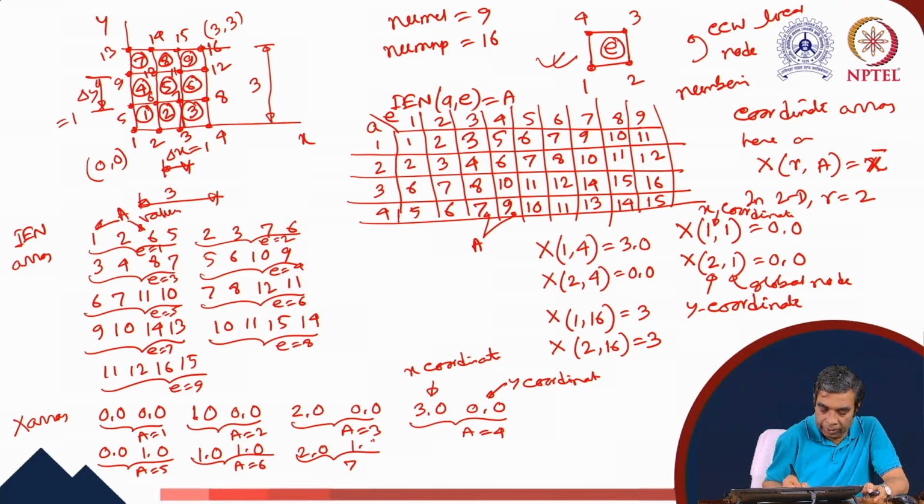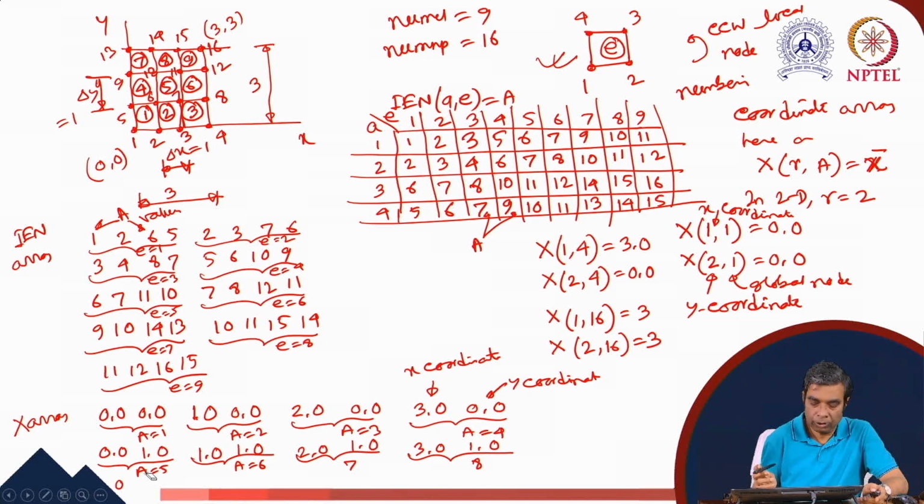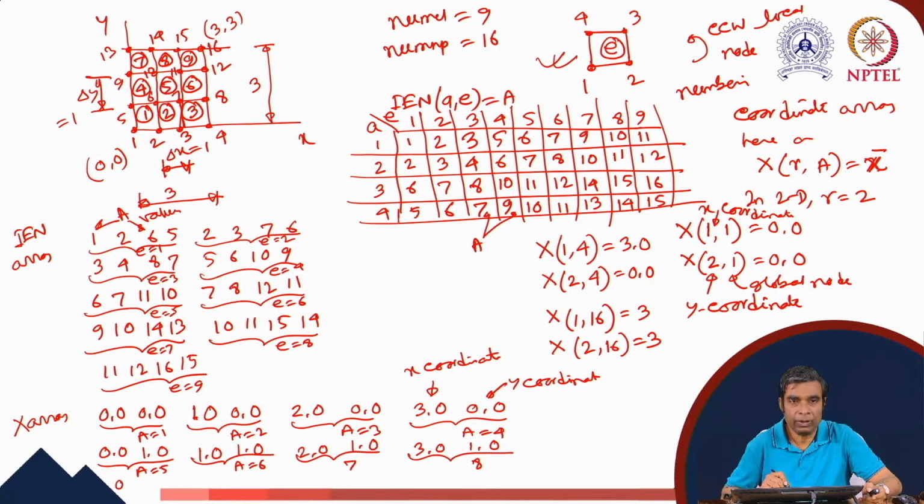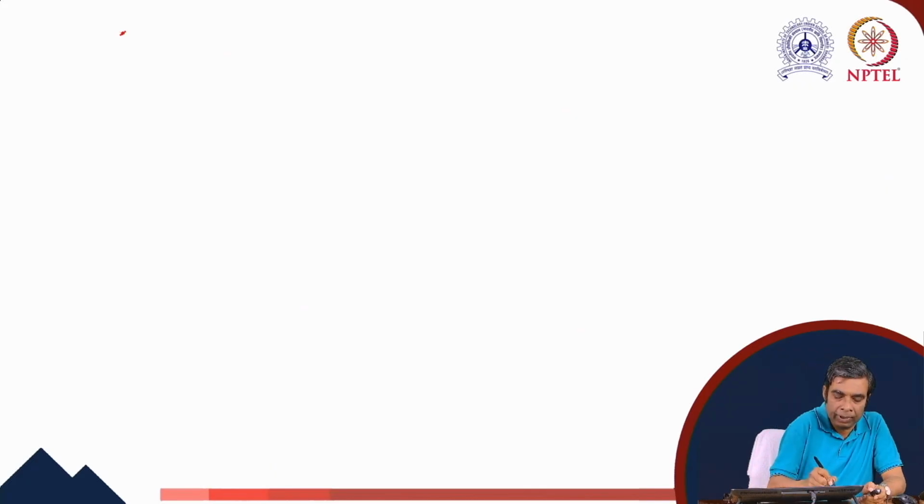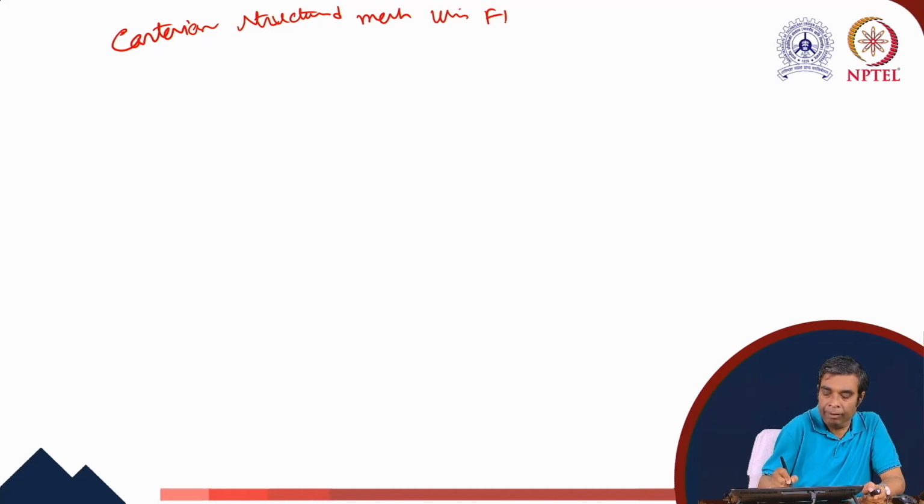And then for the 8th node, it is 3.0 and 1.0. So here, like this, we can construct the remaining two rows of the coordinate array, and then we can get the FEM mesh complete. Now, this same mesh, if we use the finite difference method, so Cartesian structured mesh using finite difference method for the same mesh set,